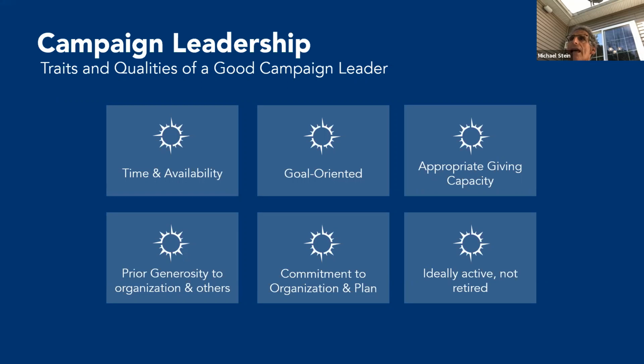So every organization, every campaign, that's going to be a different number. But again, and I'm an egalitarian kind of guy, fundraising is not an egalitarian process. It can't just be our most dedicated volunteer. It's got to be somebody who has leverage, frankly, and holds sway with the people who are going to make the biggest difference, who are in that top 100 or top 50 or top 25 or whatever it is